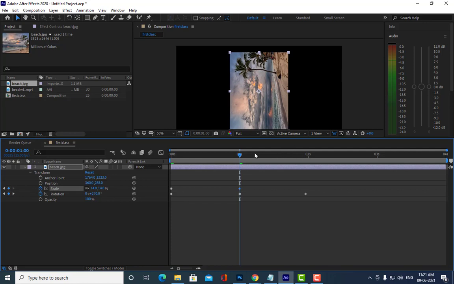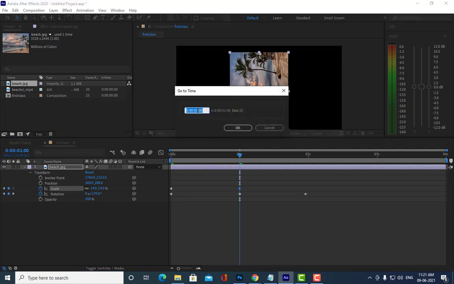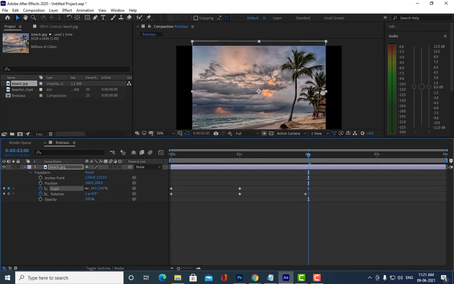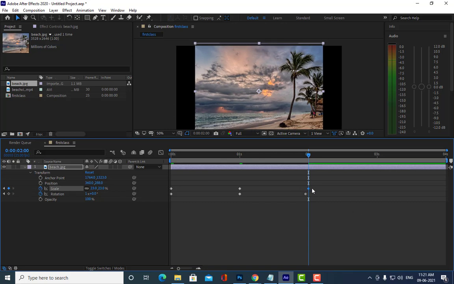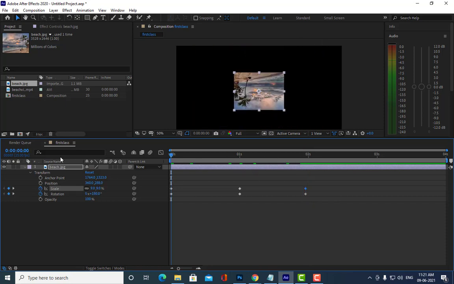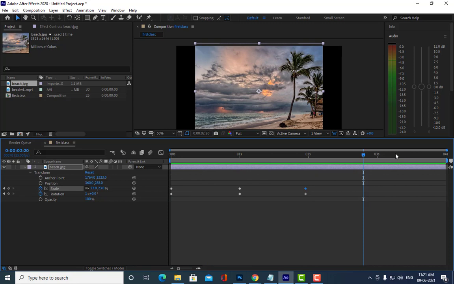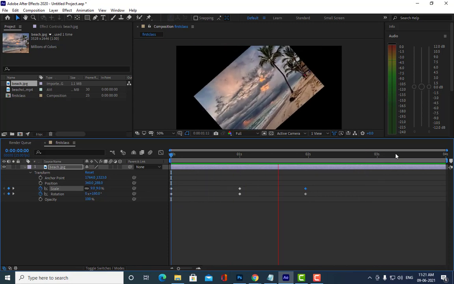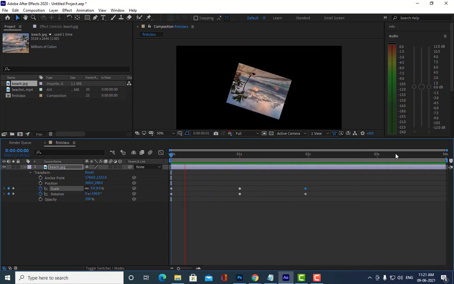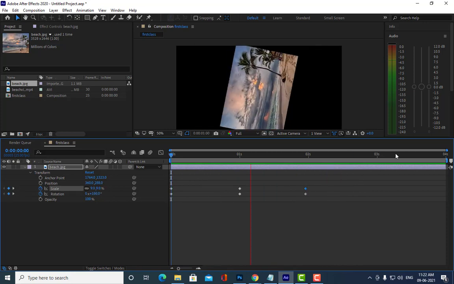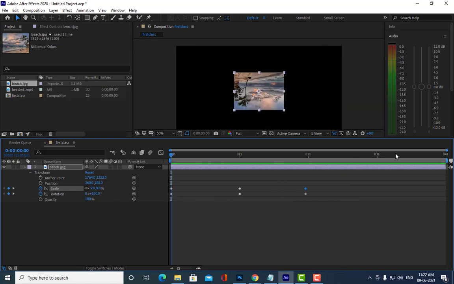Then again we'll go to the 2 second mark and make it a little bit more big. Are you able to understand, everyone? Yes, sir. See how we are able to animate here. We have animated both the scale and rotation.